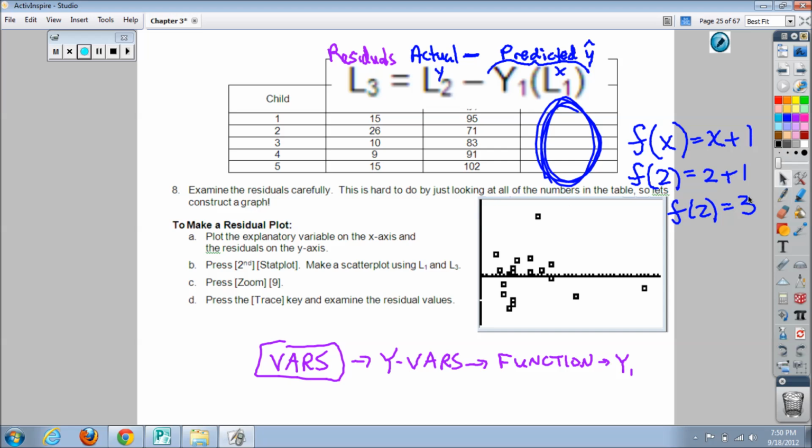Now, we're going to take all of those residuals and we're going to make what's called a residual plot, a graph of all of our errors. And you might wonder, why in the world would we want to take all of our errors and look at them graphically? Well, there are some very important things that pop up, some special patterns that may appear that will let us know if our data is really following a linear relationship, or if it might be better modeled by